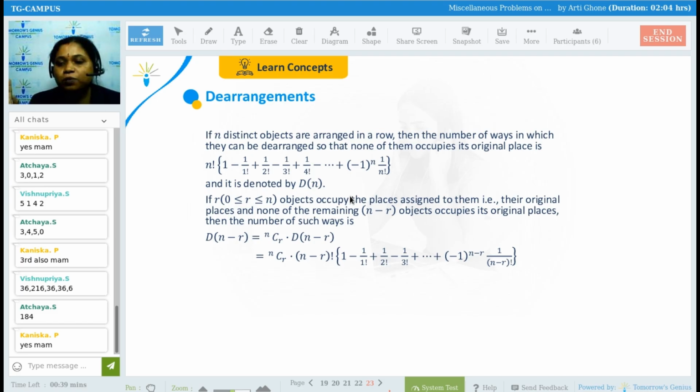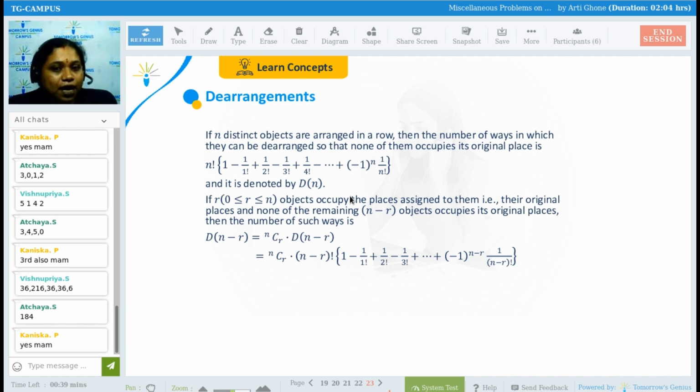De-arrangement is so simple to identify. When the exact reverse of arrangement is asked in the question, you can guess that this is a question of de-arrangement. Clear? So what is this formula? It looks complicated, but it is very easy to remember. If n distinct objects are arranged in a row, then the number of ways in which they can be de-arranged so that none occupies its original